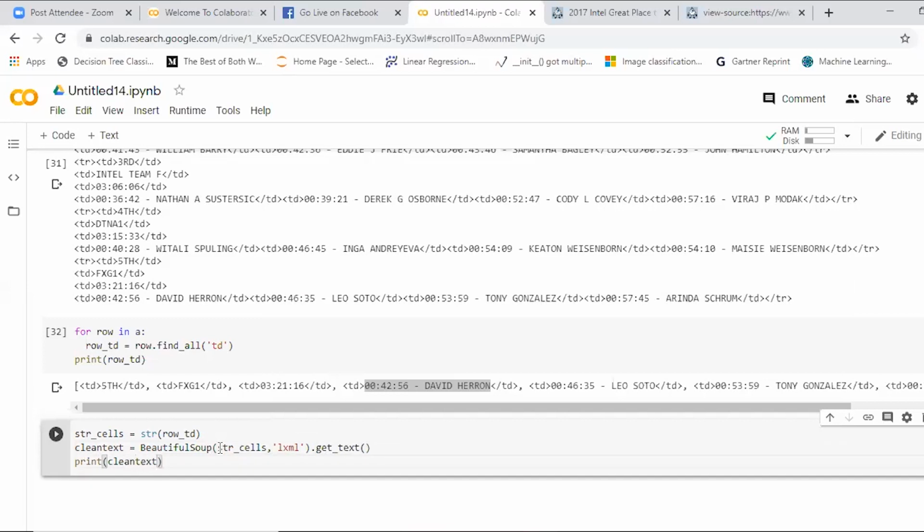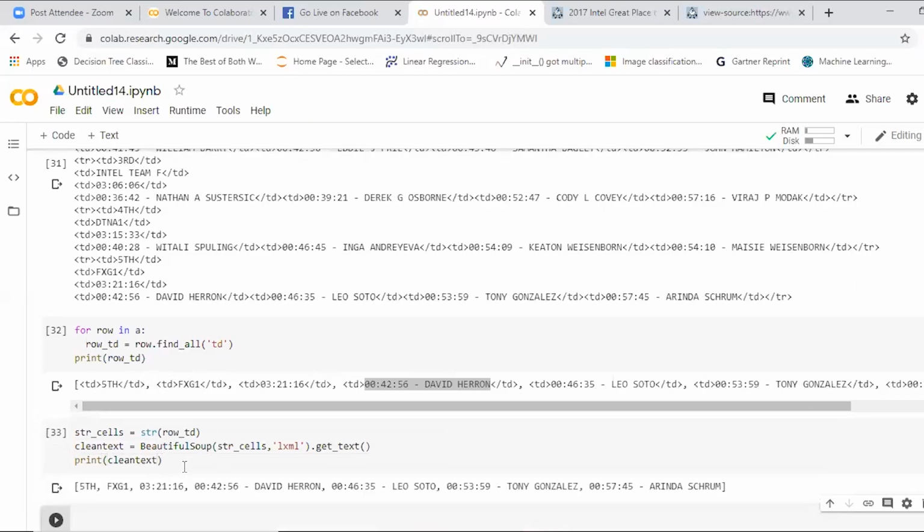Our concern is to remove the tags in the above cell. We have the tags, right? td, td, td. Our concern is to remove those tags which are present inside the list. You just execute. You can see BeautifulSoup, S should be a capital letter. Whoever posted the error in the chat box, B and S should be capital letters. Navneet, you just check it out. Now you can see the tags are removed, right?